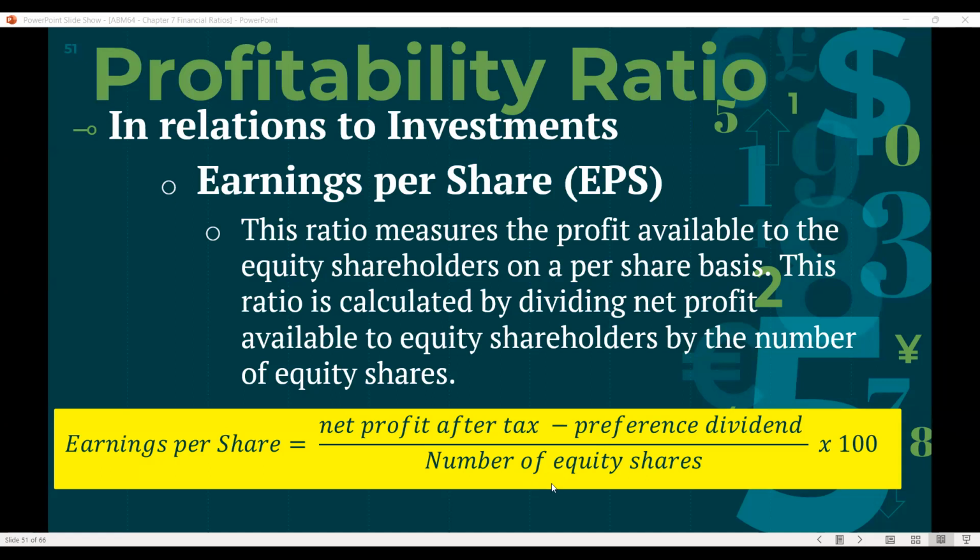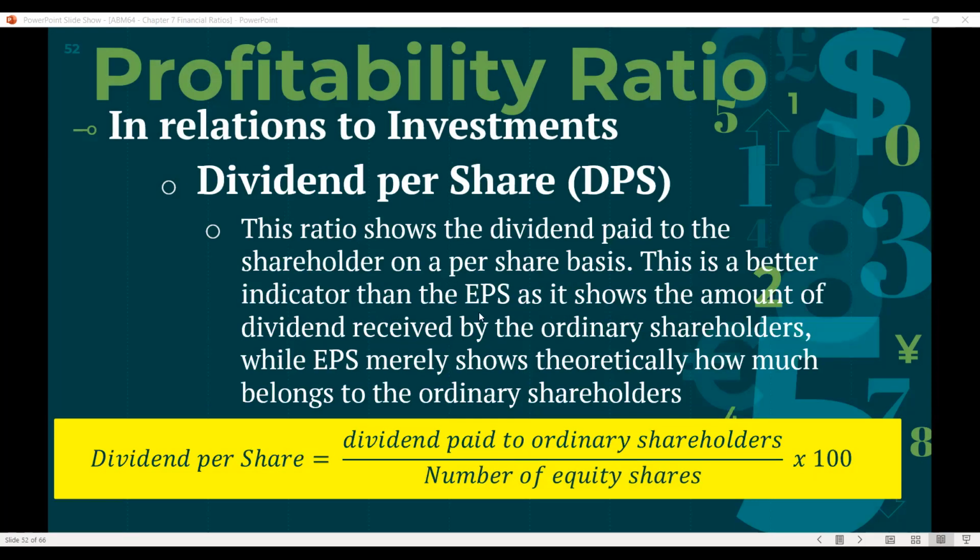So let's continue. Earnings per share is based on the number of equity shares and the profit, less the tax and preference dividend here. This is where the shareholders get to know how much they will earn, how much they will get from the company, after the dividend they receive and also the taxes. So that's earnings per share.